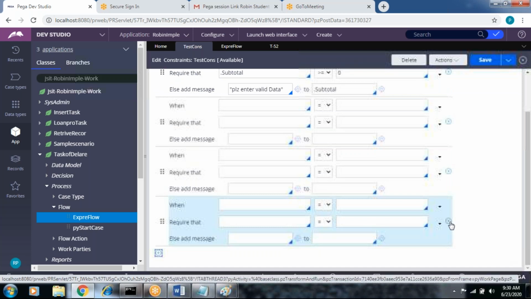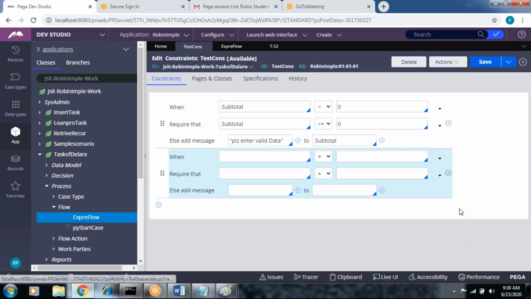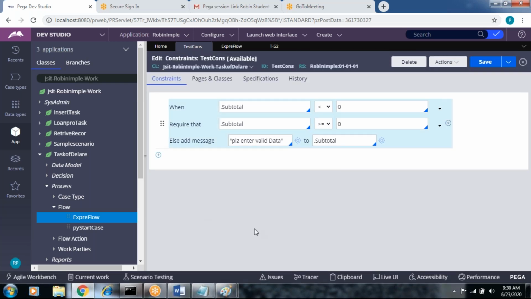So this is the declare constraint tool. It is used to validate the property either before clicking submit or after clicking submit. You can apply both sides. Don't say only client side, as some people answer. No. A declare constraint validates the property for either client side validation or server side validation. That's it. This is for declarative rules.